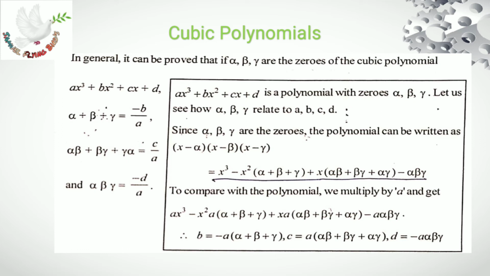If the expression is given in the quadratic form, we go for the previous method. If the expression is given in the cubic form, with degree 3, we consider the relations for a cubic polynomial. When p of x has a term of degree 2, we consider a quadratic polynomial.